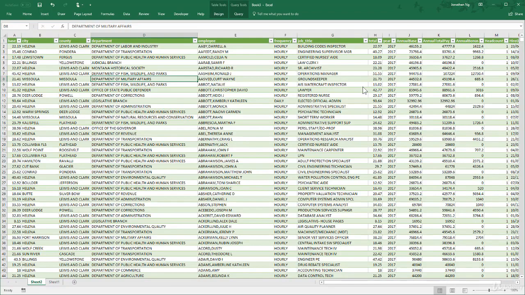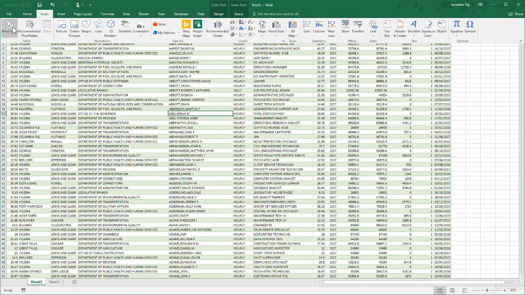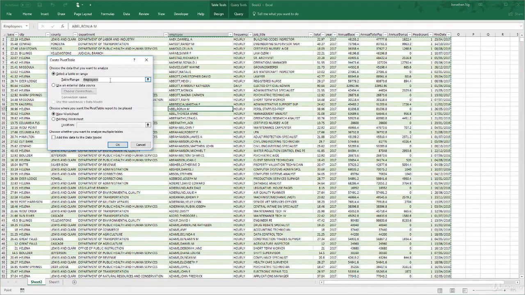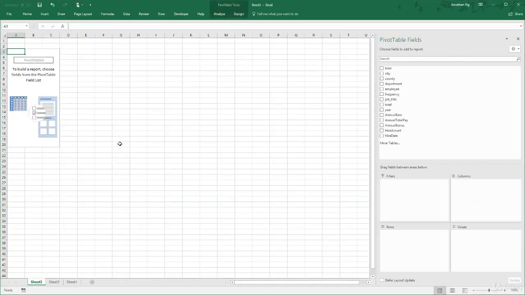Let's collapse our connections here. Zoom out a little and take a look at our data. Now that we have our data in place, I can go to Insert, Pivot Table. And you notice here, because our table has a name, Employees, our pivot table references that name, which is really useful. Every time we update our data in Power Query by hitting the refresh button, it will automatically update our pivot tables. I'm going to come over, click OK, and let's take a look to see what we can do